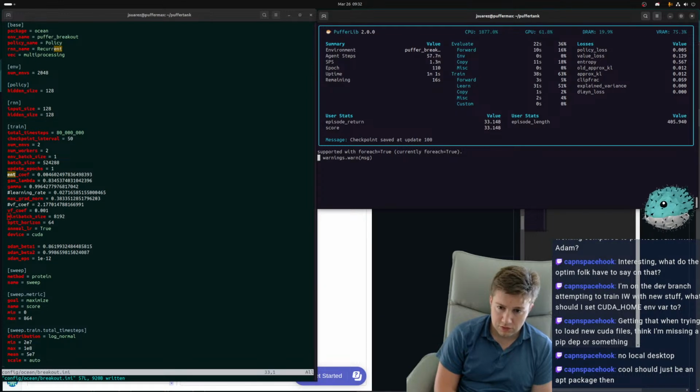Interesting that this actually looks like it does way worse. It really is then the value function.